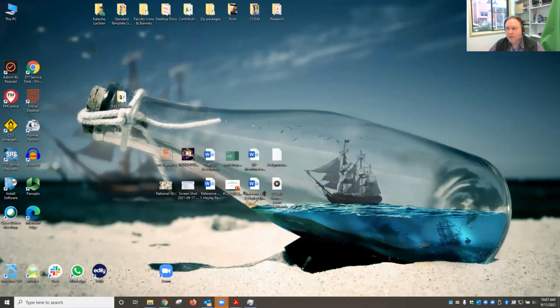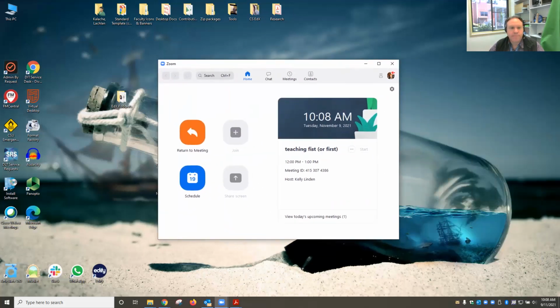Okay, so look, forgive my messy desktop over here, but the thing I want to draw your attention to is this little icon, this Zoom icon, which sits on my desktop. If I double click on this at any point in time, it will open up this window, the Zoom desktop application, and we'll have a look